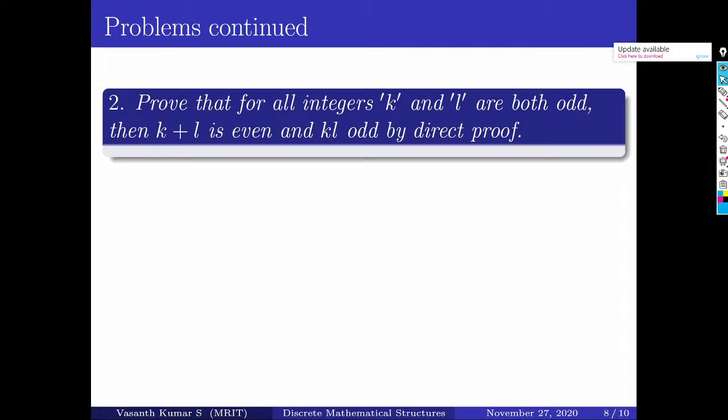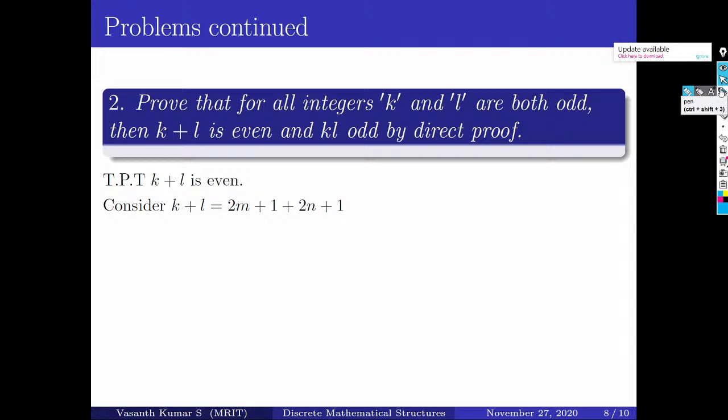So you should define this set, and they have given what is k and l. Let us define the set first to prove that k plus l is even here. First part, k plus l is even. So consider k plus l equal to,